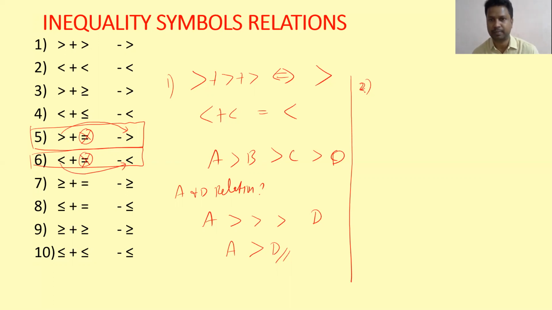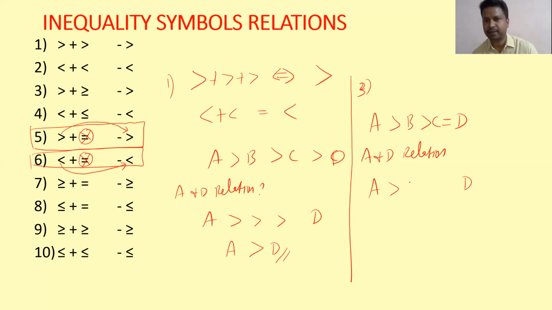I can give you an example. See this, A greater than B greater than or equal to C. So consider like this. I want to find the relation of A and D. Find the relation of A and D means what? A, D, I can write only symbols. So I can ignore this equal to because it won't make any changes in the conclusion. Just see this, equal to on the same side. So I can get a same direction conclusion. So I can say A is greater than D.